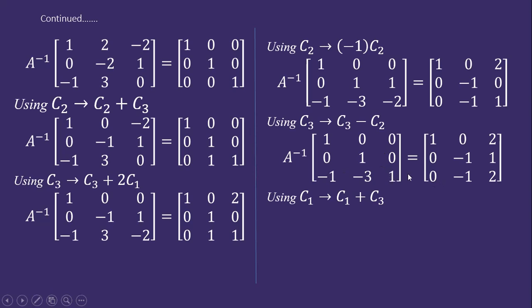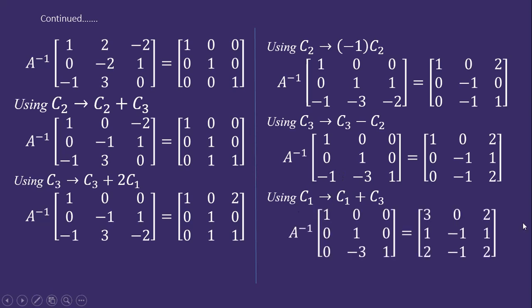Now we have to make these two elements 0. If you observe here minus 1 and 1, only C1 plus C3 will give here 0. So we apply this transformation, we get this matrix equation, we get here 0. Now we want to get here 0. We make use of third column. Since here we have two zeros, these elements will not get disturbed if we use this column. So we multiply this last column by 3 and add to second column. Without disturbing these previously adjusted elements, we get 0 in place of minus 3.